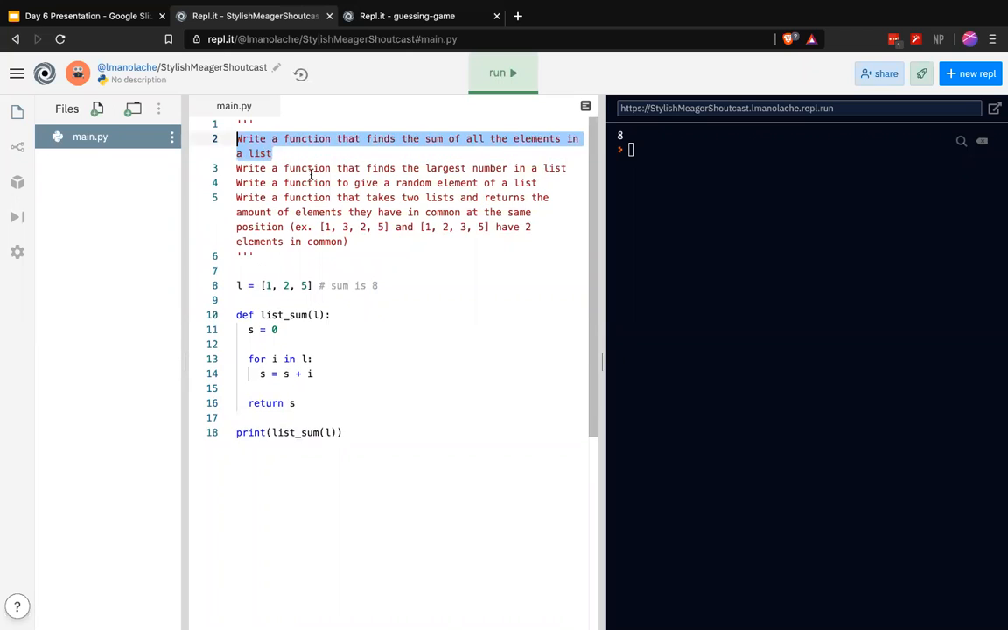Write a function that finds the largest number in a list. All right, that might be a bit more tricky. Let's just continue with this list. The largest number is 5. I don't think anyone objects to that, so let's go. Def, let's call it largest. Take a list. So how can we do this? Well, we could do something similar to this,